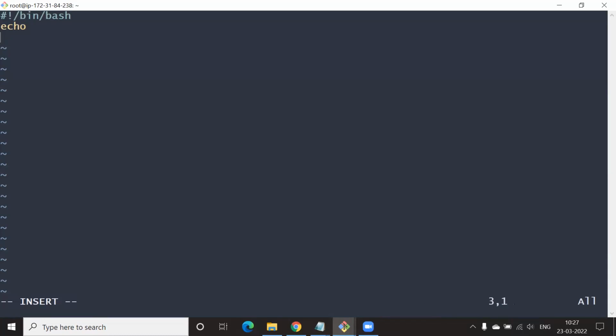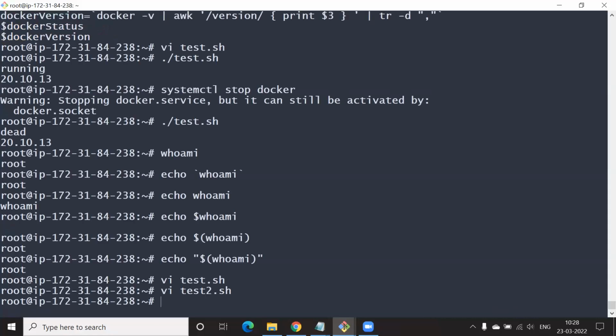Put 2 lines. This is the first line and the second line. Okay, write and quit it. Run it. We need to change the execution permission with chmod, right? Yeah.